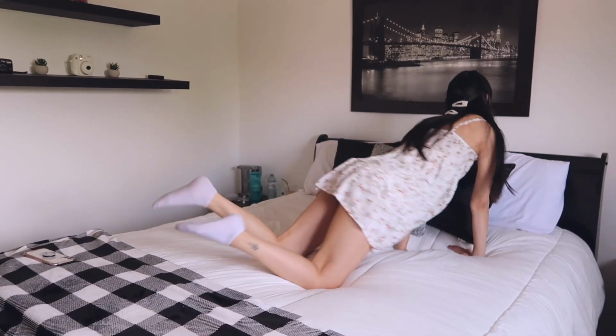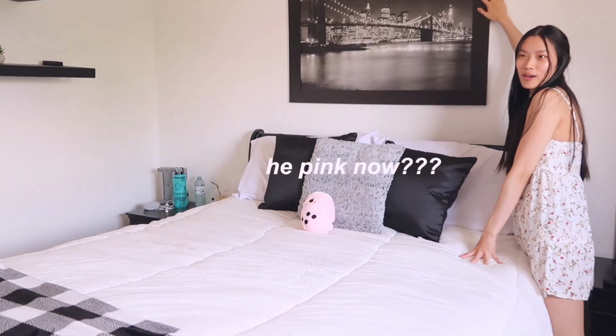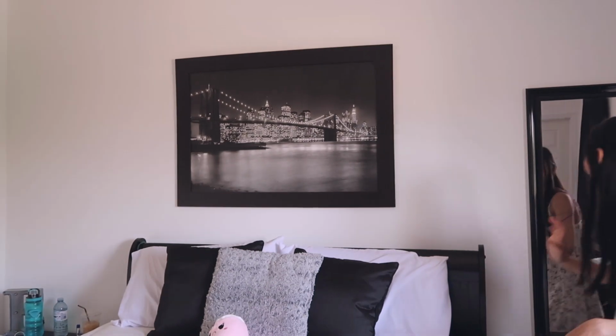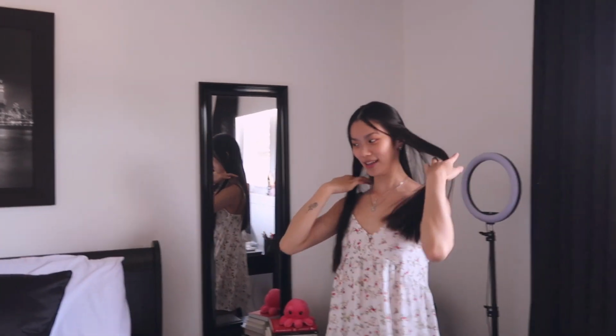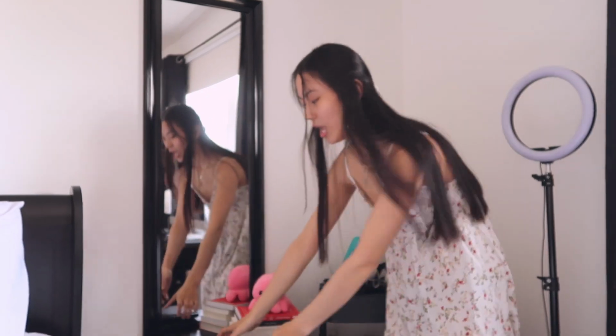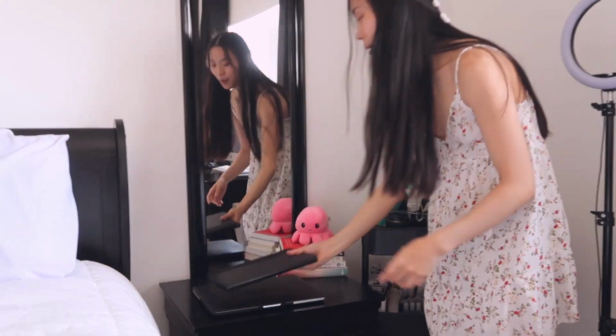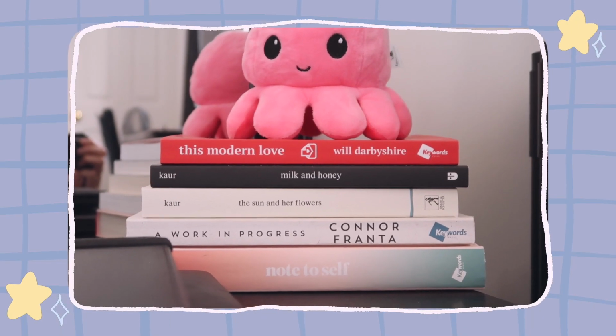Okay, so above my bed, right here, there's what is this? The New York Bridge? And then over here, come this way. So over here, I just have another little mirror so I can look at my outfits for the day. I have my laptop here. This just chills here because there's no room for it. I have my dad's iPad, and I have a stash of books that I no longer read because I just